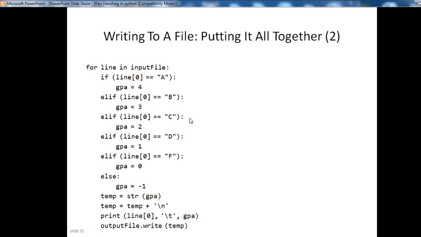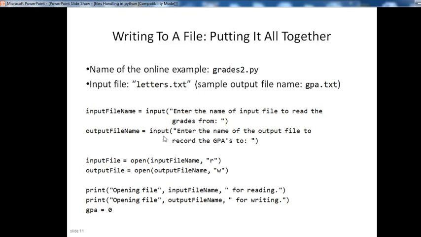For line in input_file, here basically is the difference. Here the input file name variable is used, and here the output file. When used for your input, only for reading purposes, use the input file name, and if you want to use it for writing purposes, at that time you use the output file name for writing purposes. Again, open the input file name, and open the output file name.